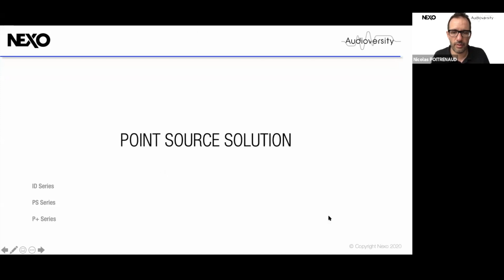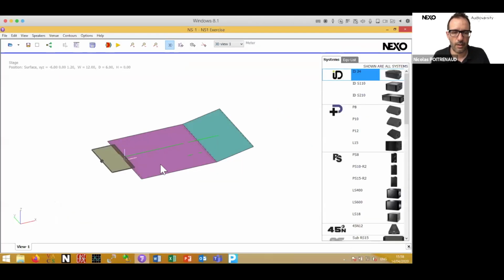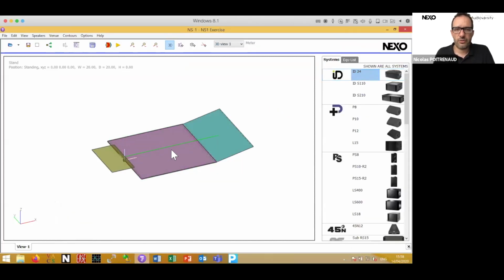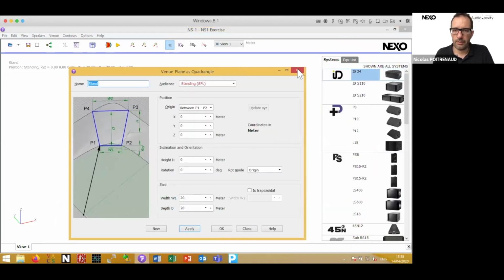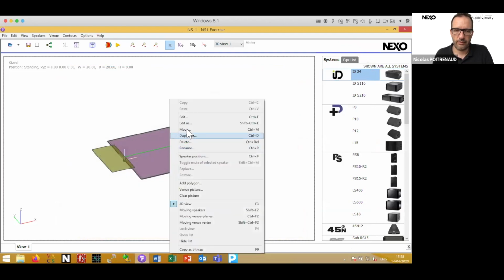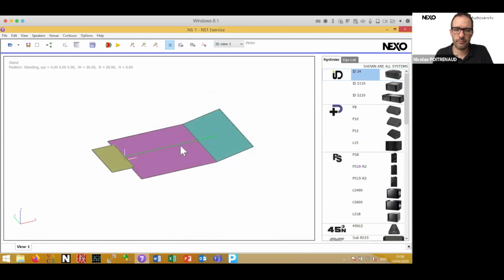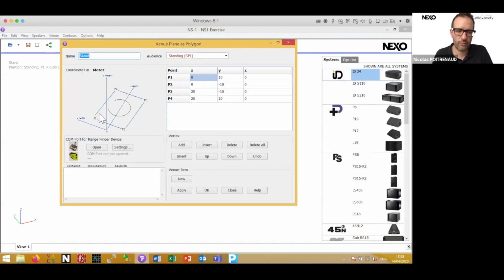If you have a chance to get, sorry, let me do this one, edit as polygon. So this is in the polygon menu. So if you have a chance to get this